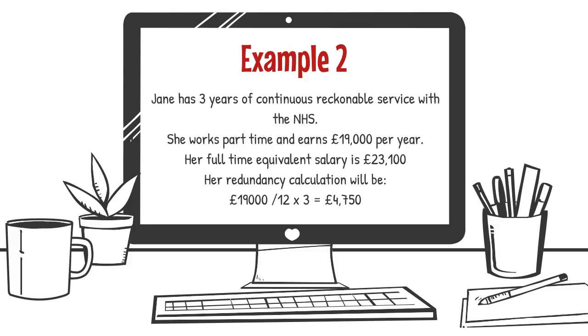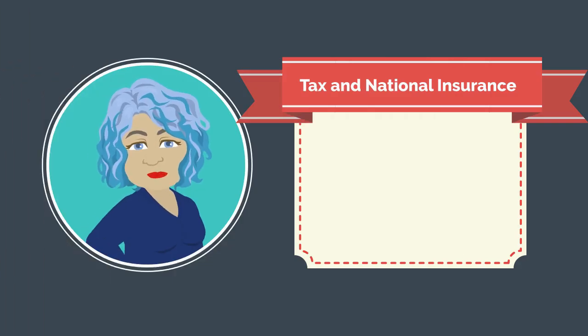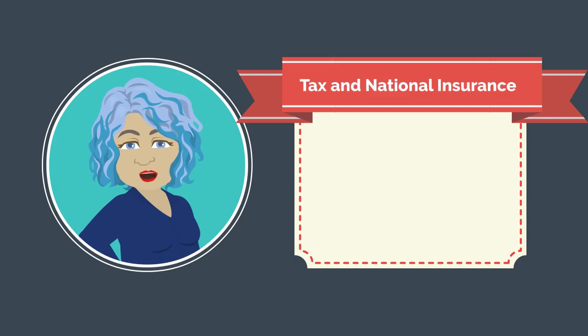Jane's redundancy calculation will be £19,000 divided by 12. This will give Jane's monthly or 1/12 of her salary. This will then be multiplied by her 3 full years of reckonable service. Jane's redundancy pay will be £4,750. If you're facing redundancy, it's important to understand how your payment will be treated when it comes to tax